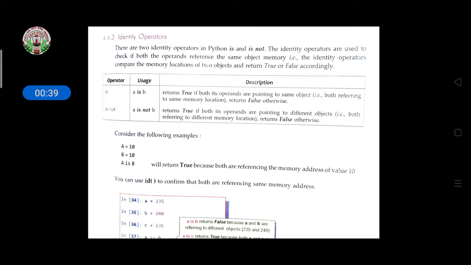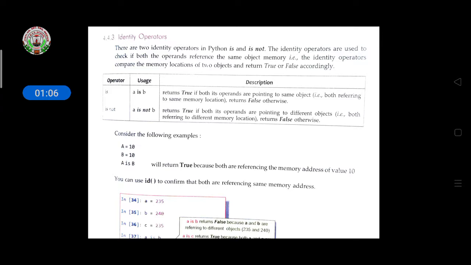Here the operator is given and its description is also given. The operator A is B returns true if both the operands are pointing to the same object, meaning both are referring to the same memory location; if not, the result is false.